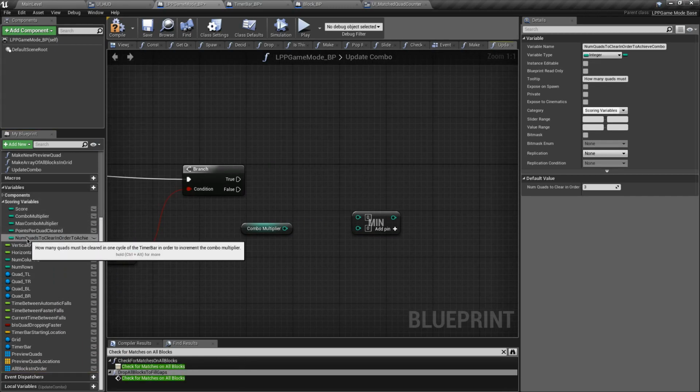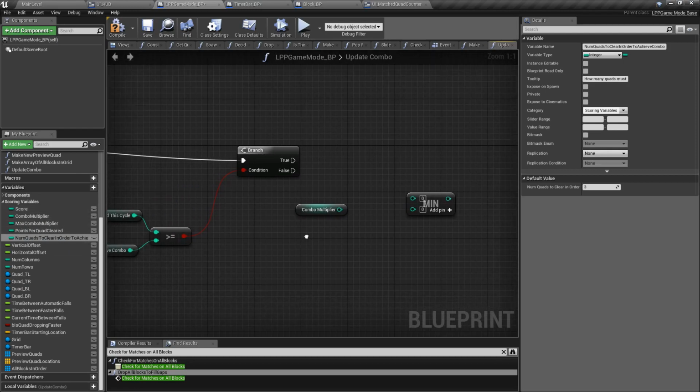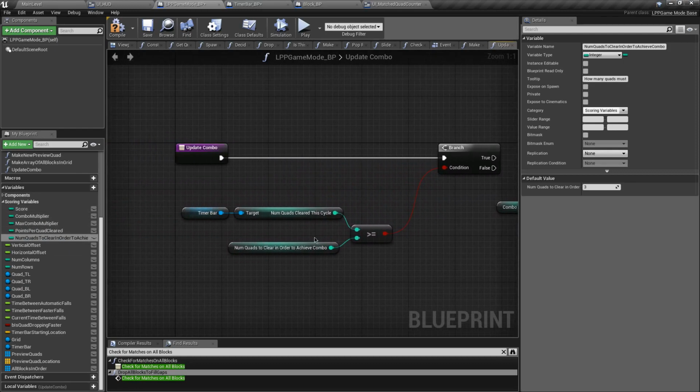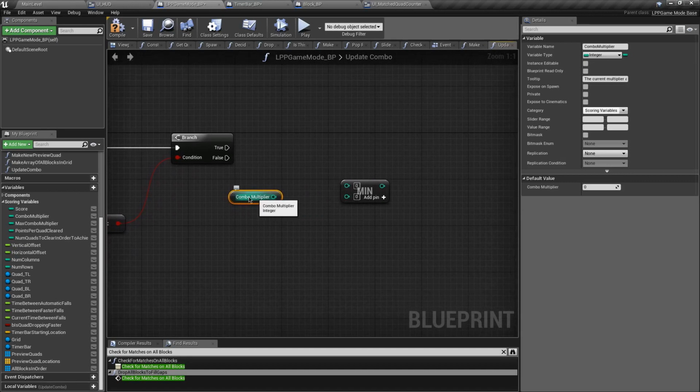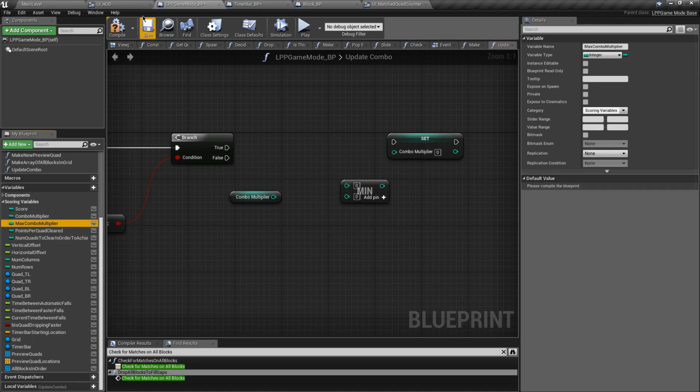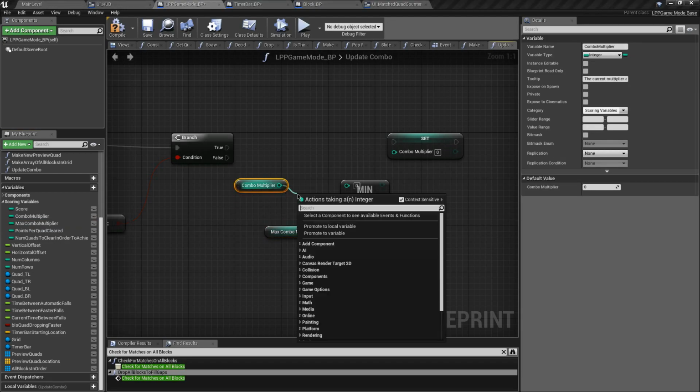So this is just everything that's related to scoring points. If the number of quads cleared the cycle is greater than or equal to this number, we want to increment combo multiplier, but only up to a maximum of 5. So we're going to set combo multiplier to the lower number of, well, this first I have to compile, so I can set this to 5. Combo multiplier plus 1